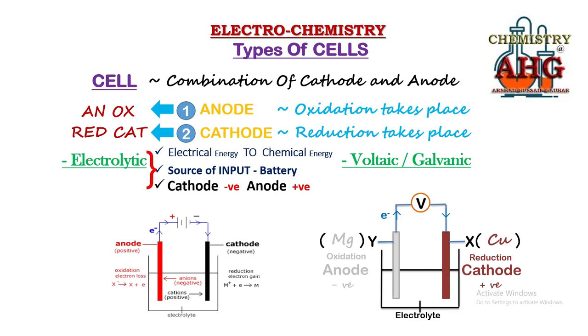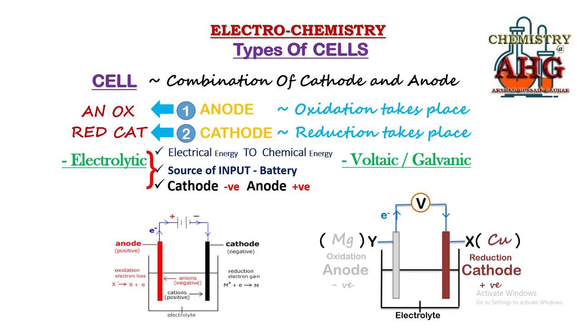Now what are the common examples of voltaic cells? We use dry cells in our daily life in remote controls. Those cells which are not rechargeable are voltaic or galvanic cells. But if you look at the car battery or the batteries that we are using in our mobile sets and in our laptops, those types of batteries which are rechargeable can represent both types of cells depending on the condition.